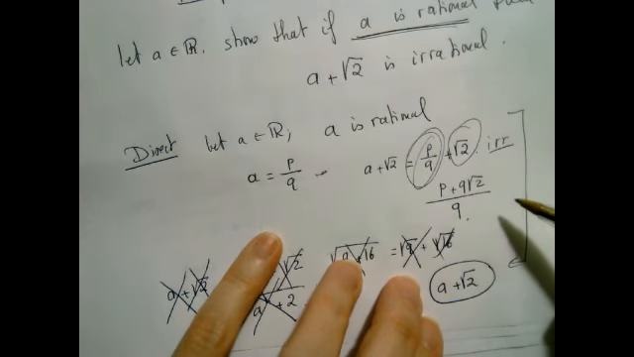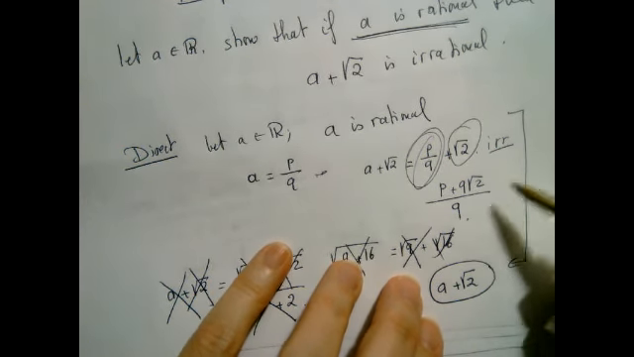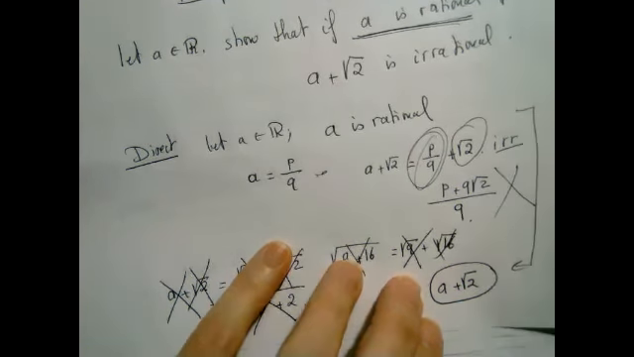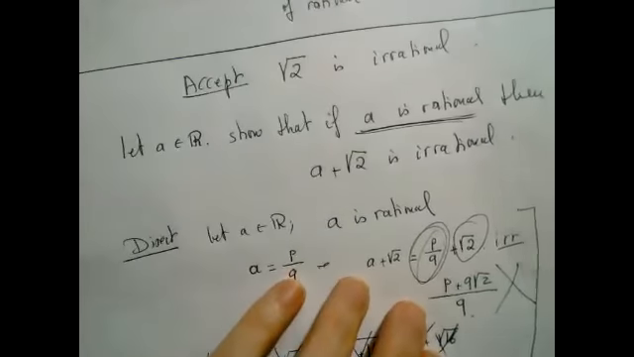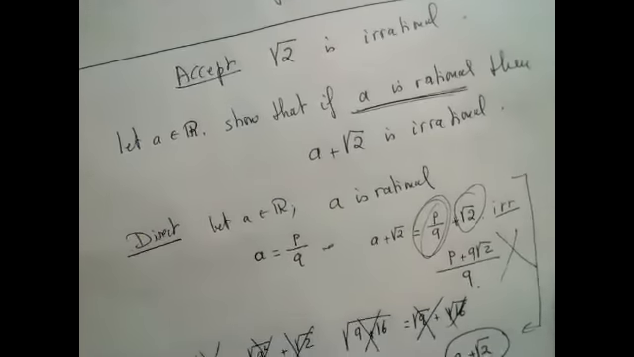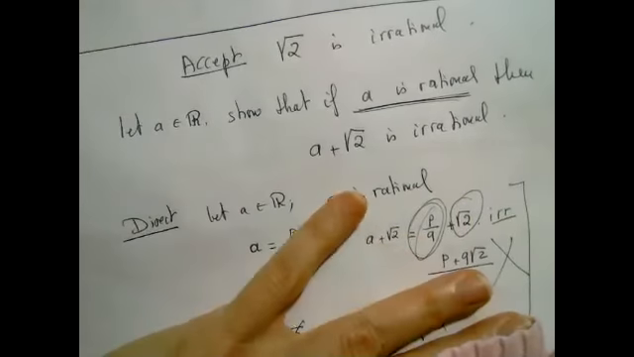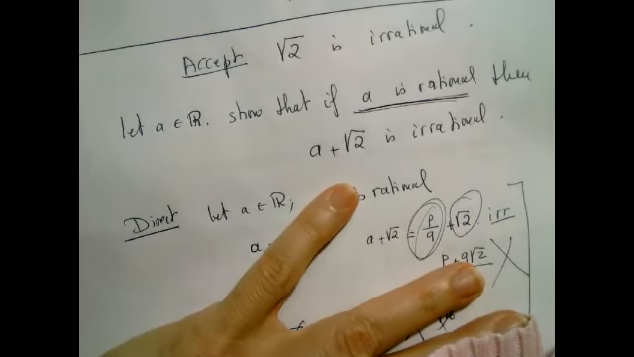Mm-hmm. So we're having trouble, aren't we? Yeah. So direct is the wrong approach. It's not the right approach. So I don't think this falls into direct or contrapositive, but if we had a plus root 2,